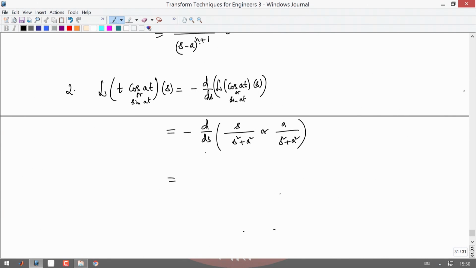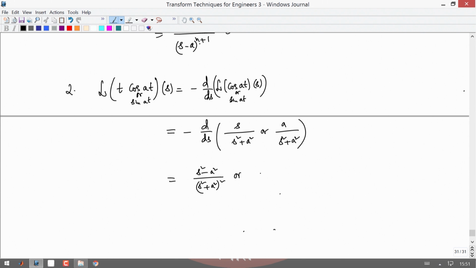So, what you end up with is a minus, over (s^2 + a^2) whole squared. So, you have (s^2 + a^2) minus s times 2s. So, you have a minus s^2 comes out, so a^2 minus s^2. With the minus sign you have (s^2 - a^2) divided by (s^2 + a^2) whole squared,